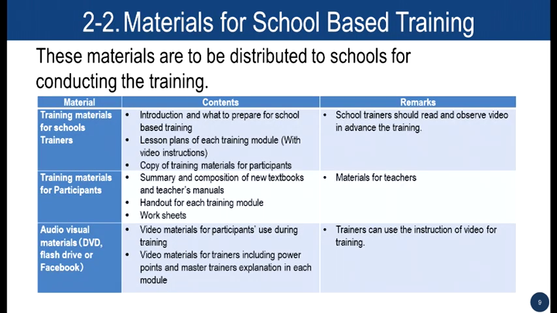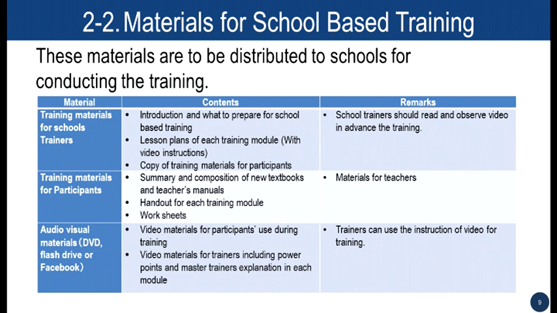Materials for school-based training. The materials are to be distributed to schools in order to conduct the training. The materials will include instruction and what the schools will have to prepare to carry out the training. We have the lesson plans for each training module, copy of training materials, summary and composition of the new textbook, and teacher manuals, handouts for each training module,